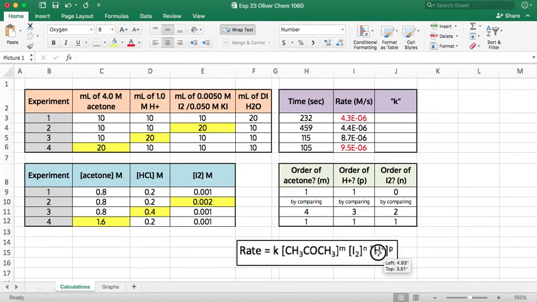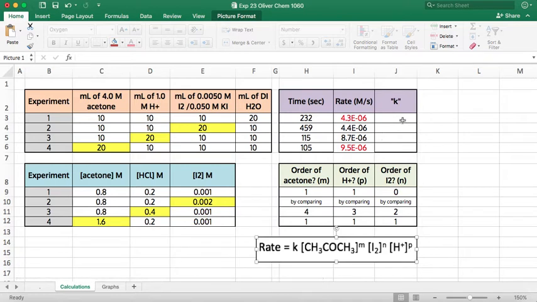Now the last thing we got to do is plug all this in. So I'm trying to find K. I don't know what K is, but I do know what the rate is. I know what the concentration of acetone is. I just figured out that M was 1. I2 concentration, I have everything, I just don't have K. So I'm going to try and get K all by itself, and I would suggest doing that on a piece of paper, but the Excel calculation is going to be just taking the rate, and I'm going to do it for experiment 1 first. So rate divided by